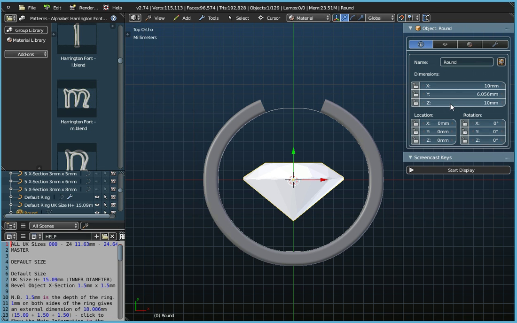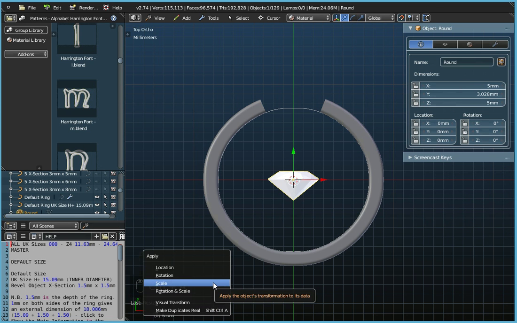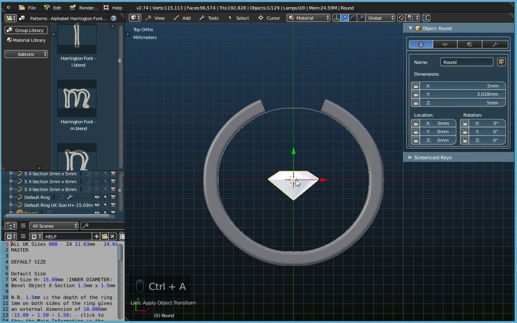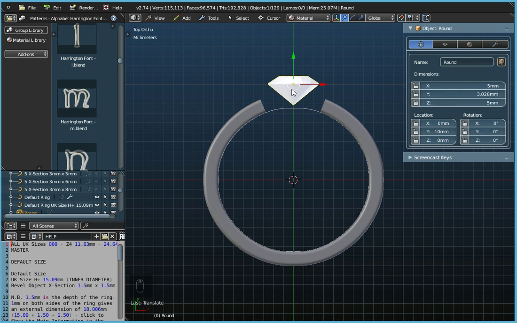Now at the moment the default gem is always 10mm, so I'll just switch on the screencast keys. I'm just going to scale this, so if I press S on the keyboard, and I'm just going to make it half size, so 0.5. And I don't really need to apply the scale to this because I'm not going to print it, but I will anyway. Okay, so I'm going to put that gem there for the moment,